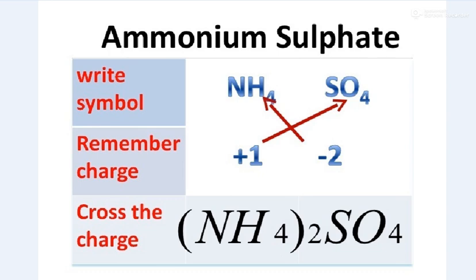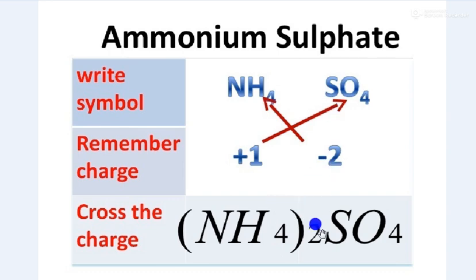What I told, that means you have to interchange the valency. See here, ammonium, the formula is NH4, and sulfate, SO4. That means the symbol of ammonium is NH4 and sulfate is SO4. And what is the valency of ammonium? Valency of ammonium is 1 plus and valency of sulfate is 2 minus. So now you have to interchange that valency. So what is the formula you get now?